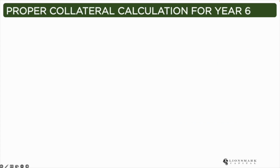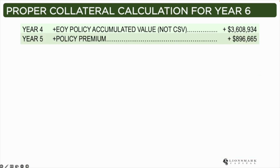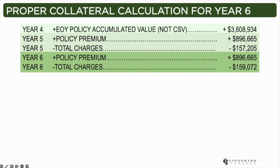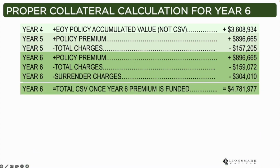So here's how it actually should be calculated. This is the proper collateral calculation for policy year 6. The way we look at it is we look at the end of year 4. The end of year policy accumulated value in this particular case would have been $3.6 million based on a certain index credit. Again, we're calculating for the collateral in policy year 6. So we're taking the end of policy year 4's accumulated value, then adding in policy year 5's premium minus policy year 5's charges, plus policy year 6's premium minus policy year 6's charges, minus policy year 6's surrender charges. That calculation is going to give us what the lender is going to want to see as far as what the policy surrender value would be